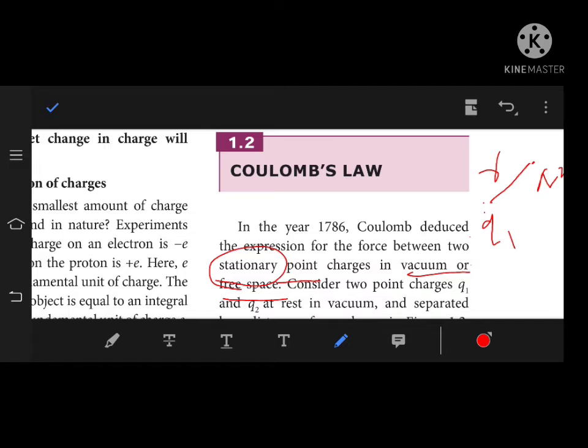According to Coulomb, the force of attraction or repulsion between two charges is directly proportional to the product of the charges q1 and q2, and inversely proportional to the square of the distance between the two charges. So we get the formula F is proportional to q1 q2 by r squared. This proportionality is removed by a constant k. So the formula becomes, according to Coulomb,